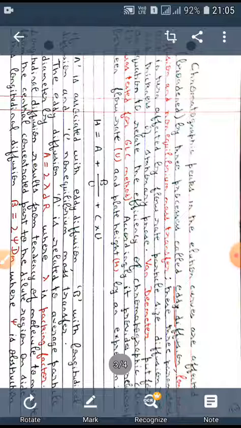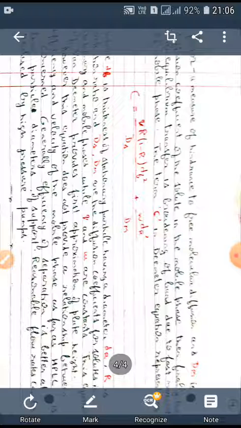The eddy diffusion A is related to average particle diameter by the expression A is equal to 2 lambda dp, where lambda is known as the packing factor. Longitudinal diffusion results from the tendency of the molecule to migrate from the central concentrated part to the dilute region on the sides. This longitudinal diffusion is represented by the expression B is equal to 2 gamma Dm, where gamma is the obstruction factor, a measure of hindrance to free molecular diffusion, and Dm is the diffusion coefficient of the solute in the mobile phase.